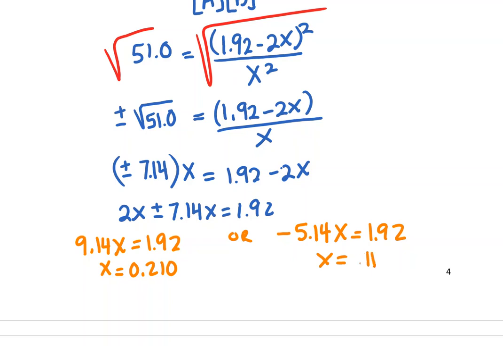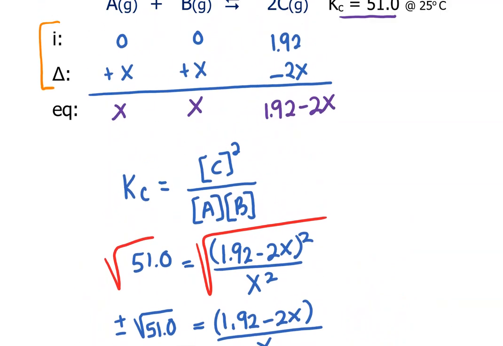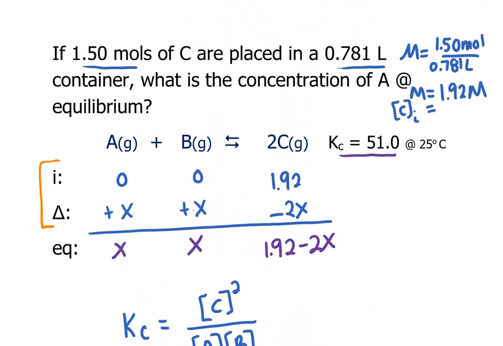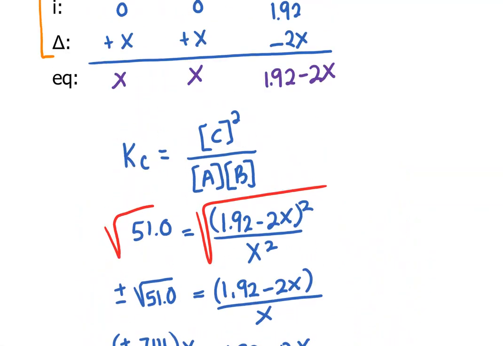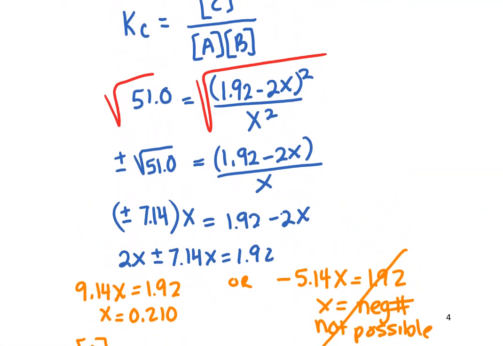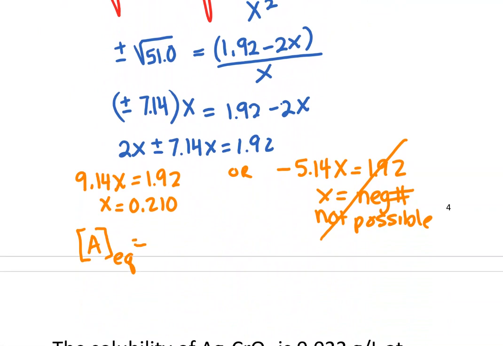And I can see here that I'm going to get a negative number here. And a negative number is not possible. So I know this one is not going to be it. If you look up here, you know why it's not possible. We can't have negative values for these concentrations. Okay, and then we were asked to find the equilibrium concentration of A, and according to what we set up, that's x. And so the equilibrium concentration of A is